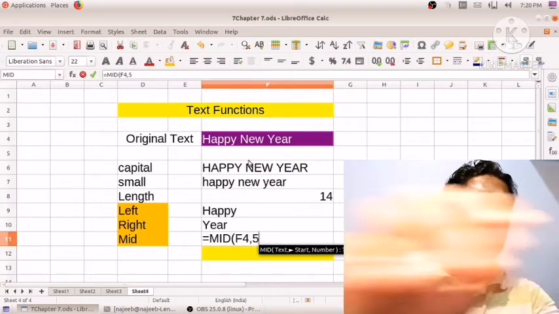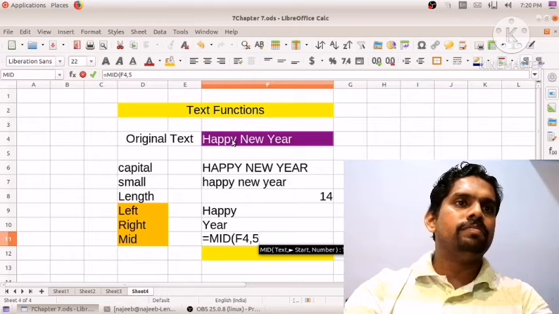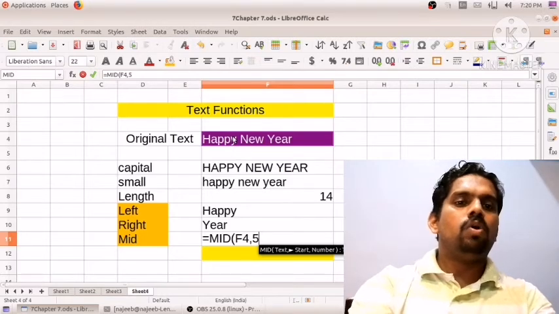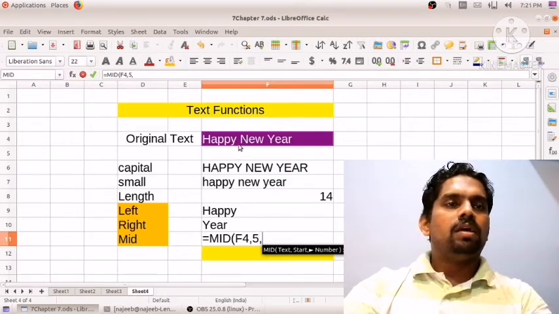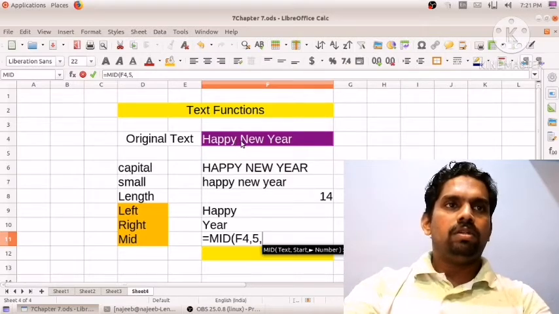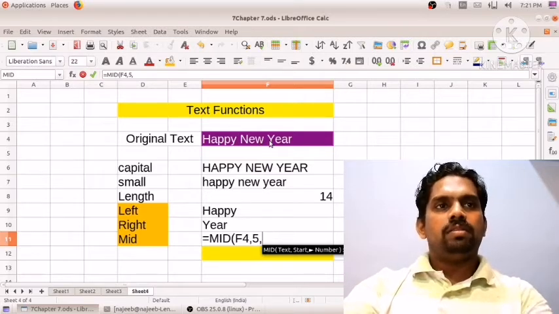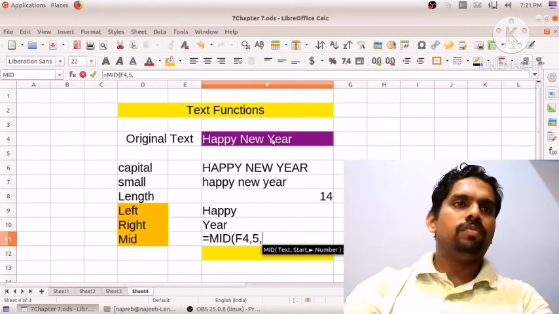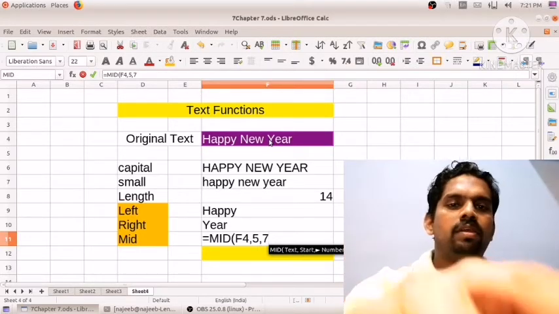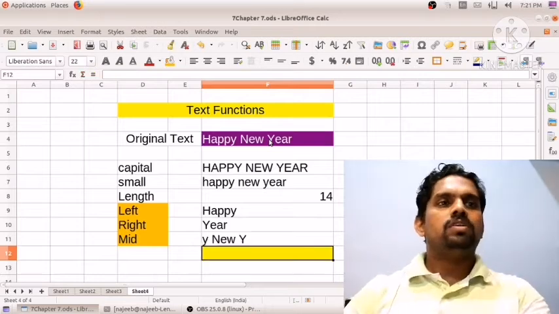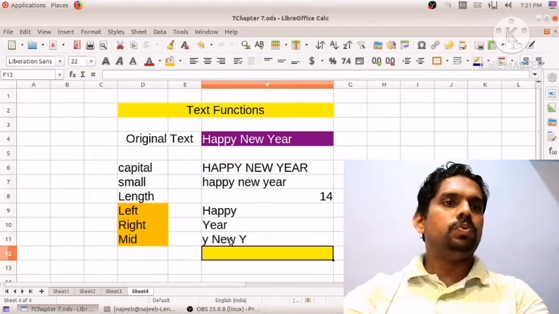So comma 5 means y, okay, comma, we want to display from this onwards: y is 1, space is 2, new N is 3, E 4, W 5, then sixth is space, 7 is the capital letter Y from Year. So I am using 7. It will display small letter y, space, new, space, Y.